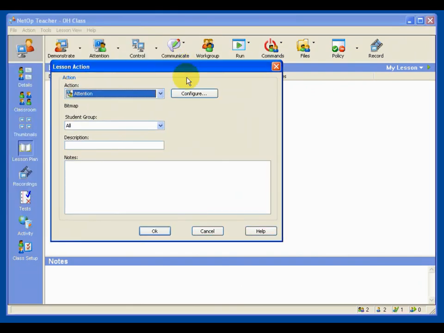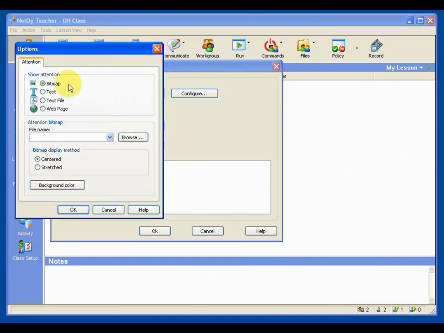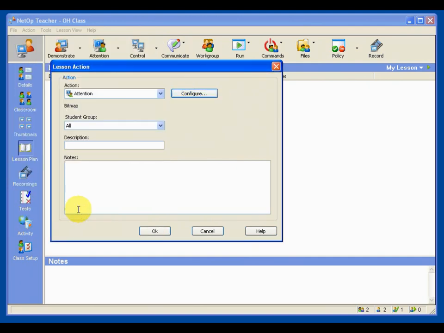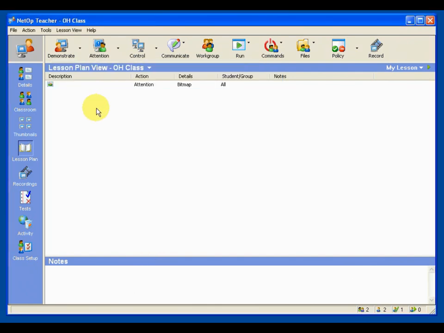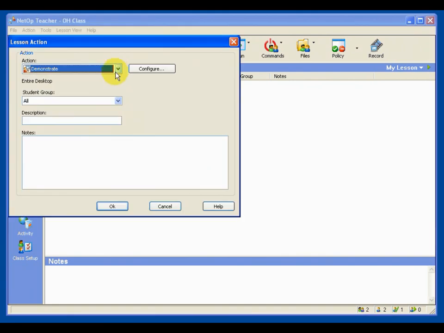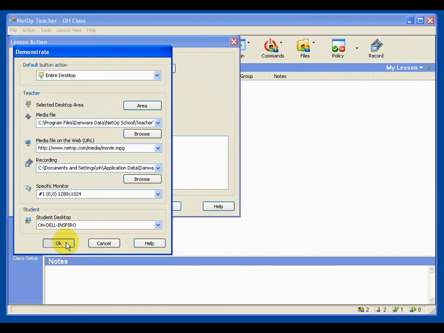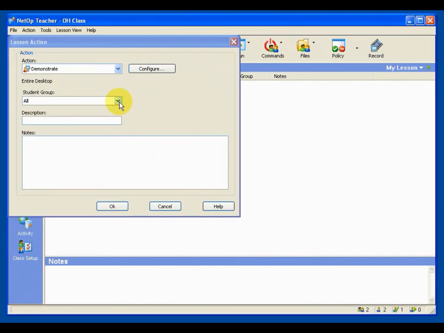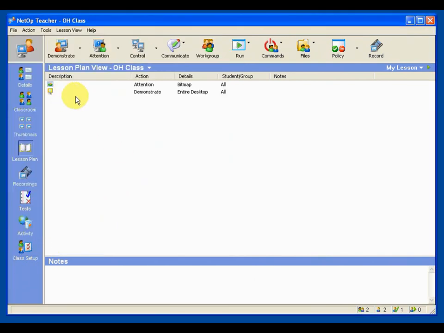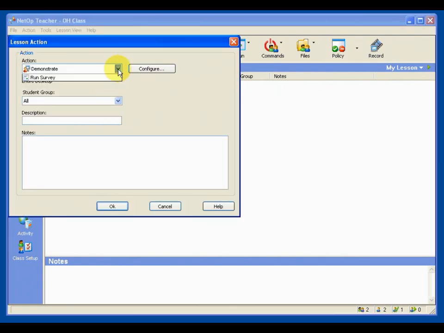attention. You want to configure attention, you want to use a bitmap, the default bitmap, fine then, and you want to apply attention to all. That's okay, then that's ready. Afterwards you wish to demonstrate your entire desktop. Okay, you want to demonstrate it to all, fine, then that's ready. And finally you wish to apply a policy, and let's have everybody use the allow all policy, so that's ready